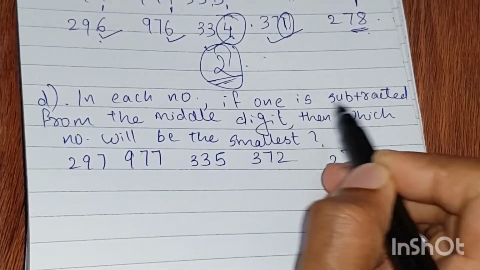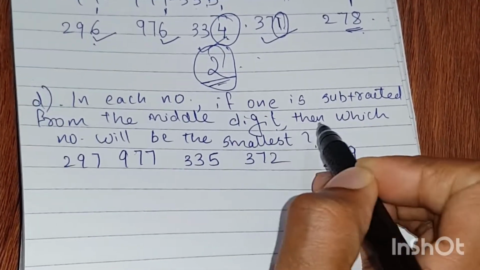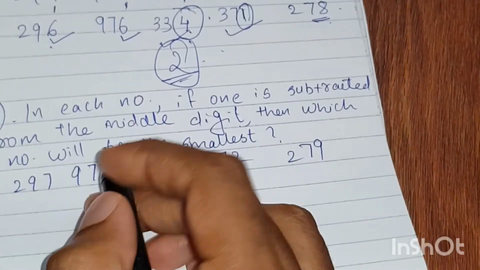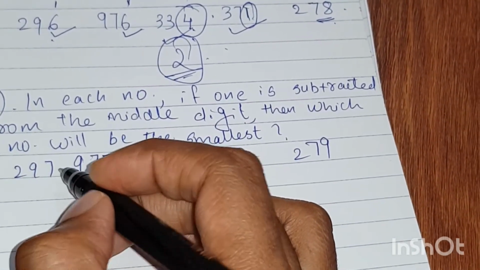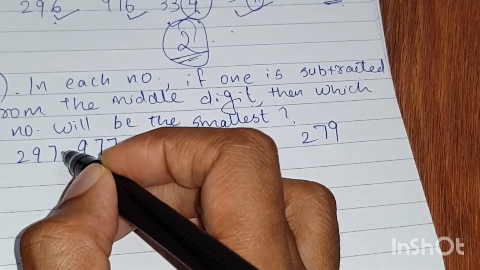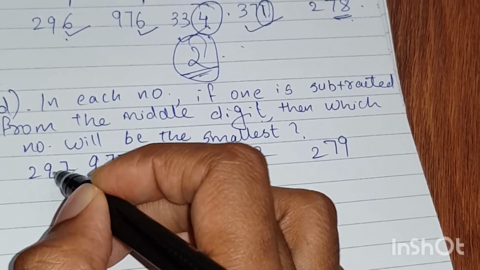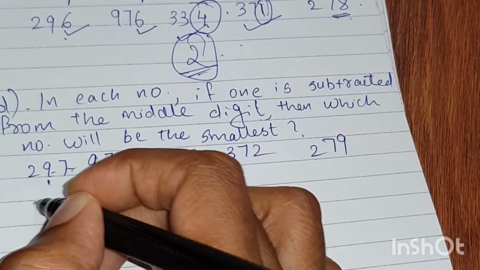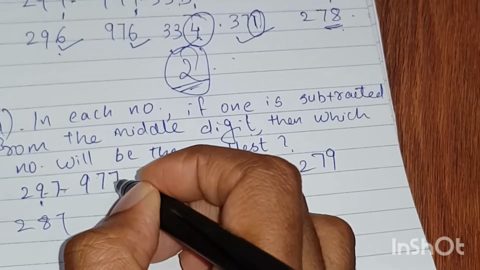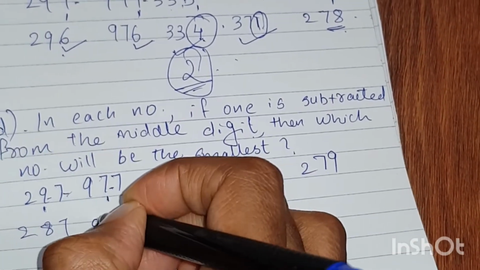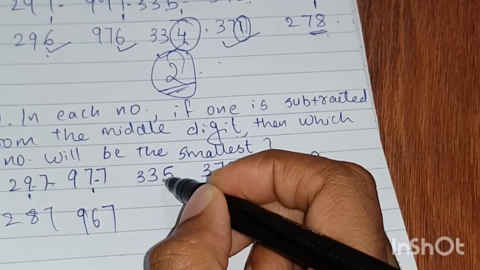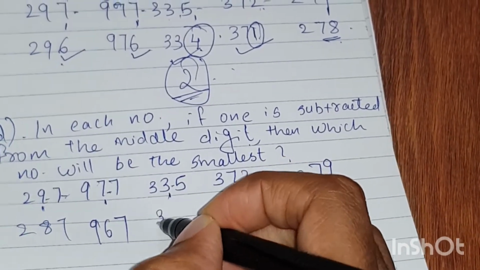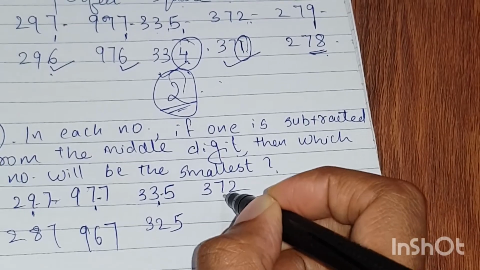In each number, if 1 is subtracted from the middle digit, then which number will be the smallest? We have to subtract 1 from the middle digit of each number. So 297, we have to subtract 1 from this middle digit. Okay, so 287, subtract 1 from this middle digit, 967, subtract 1 from this middle digit, 325, subtract 1 from this 7, so